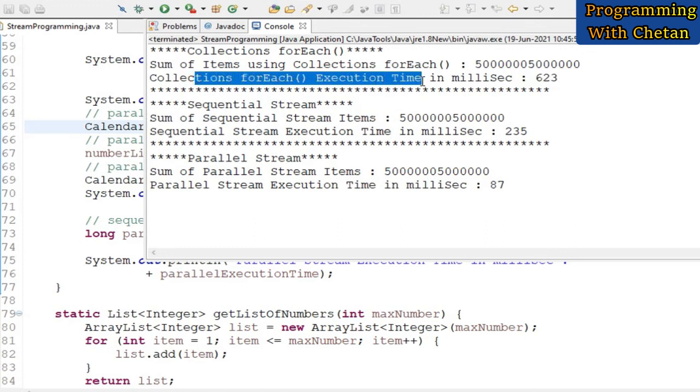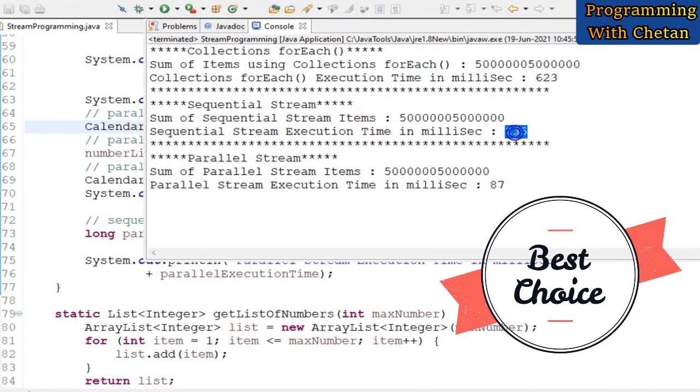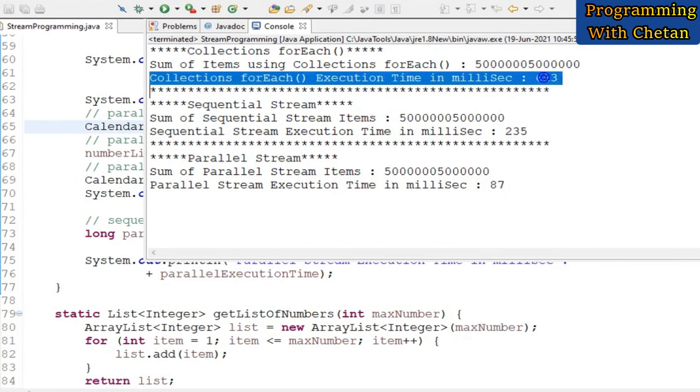The for each loop has taken 623 milliseconds. The sequential stream has taken 235 milliseconds, which is much better in comparison to the time taken by the for each loop. The parallel stream has taken just 87 milliseconds, which is much better in comparison to the sequential stream and the for each method.